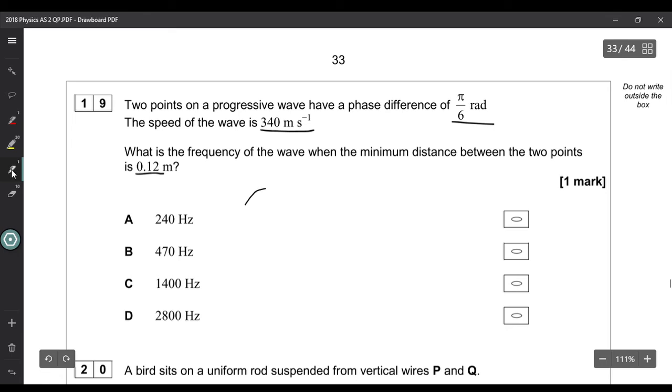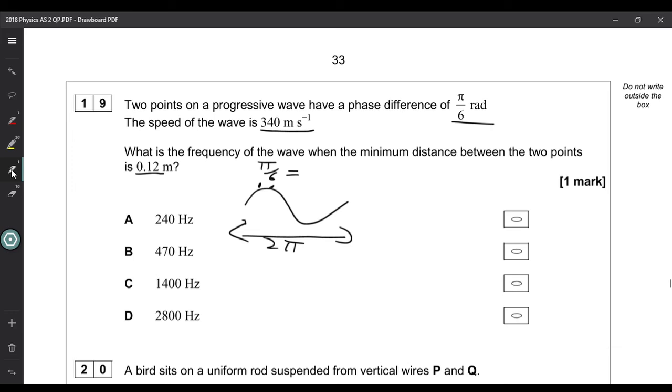So if we have a look at a wave, we know that a full wave is 2 pi radians, and we're given that these 2 points here are pi over 6, and we're told that that equals 0.12 meters. So lambda is going to equal 0.12 times by 12,